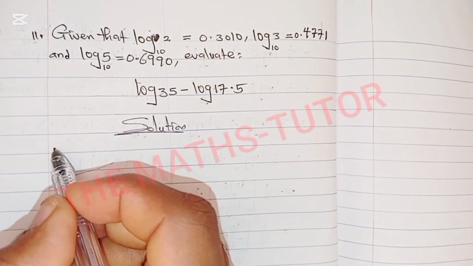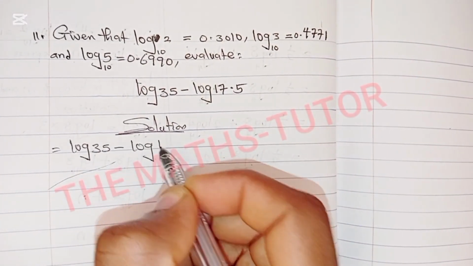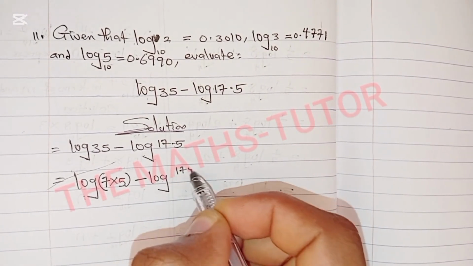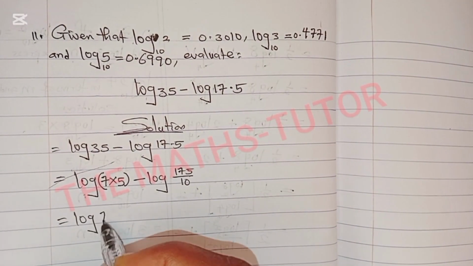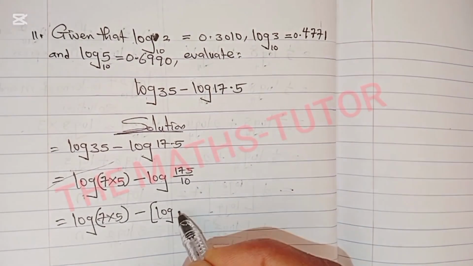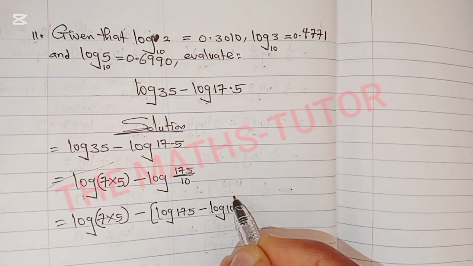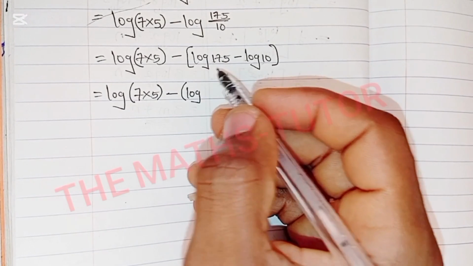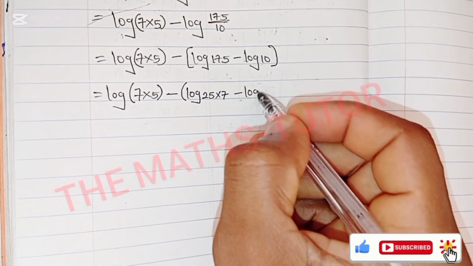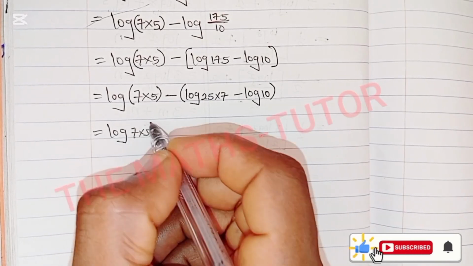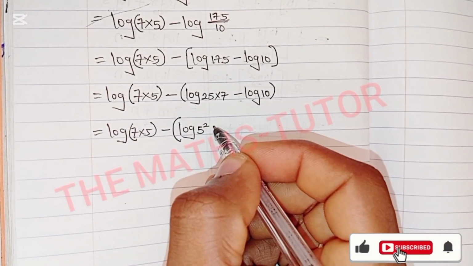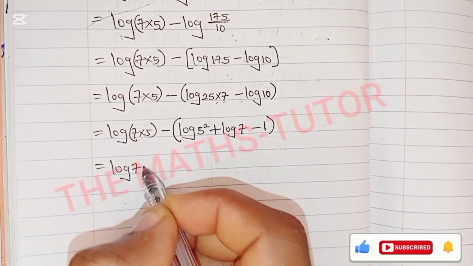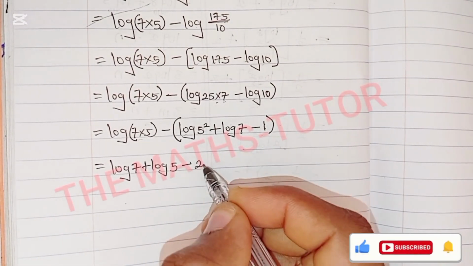If log 2 to the base of 10 equals the value given, log 3 as well, and log 5, we are to express log 35 minus log 17.5. 35 can be expressed as 7 times 5, while 17.5 is expressed as a fraction. We go on to continue the expression. The fraction becomes a subtraction, of course, following the second law that I gave us earlier. And so having done that, we can express 175 as 25 times 7. Since that is true, 25 itself can still be expressed as 5 raised to power 2. And so the multiplication here is expressed as plus, and then log 10 being in the natural base of 10